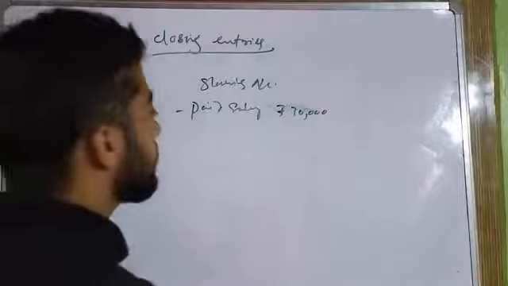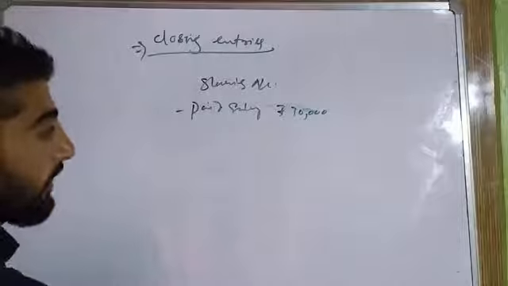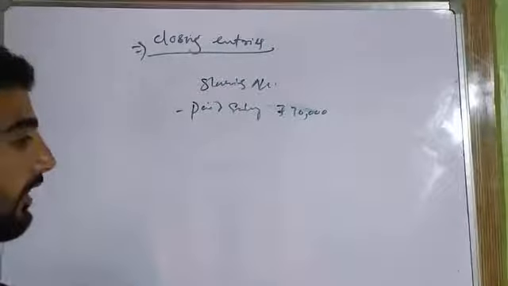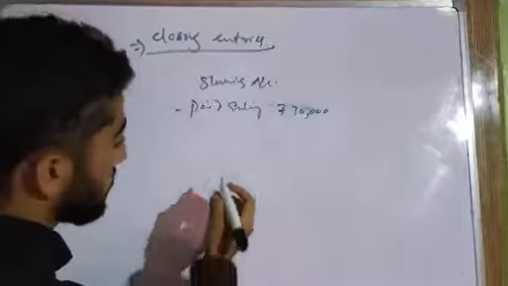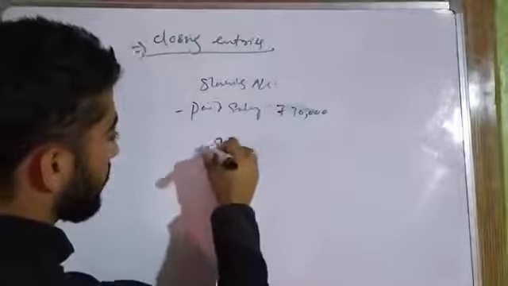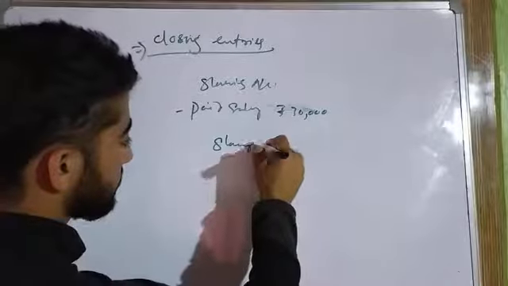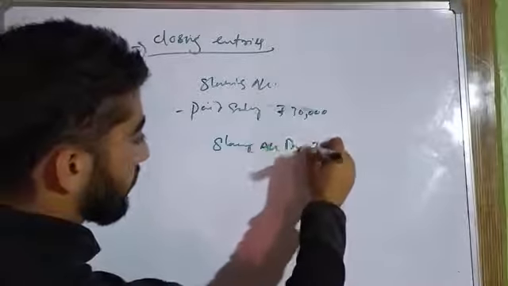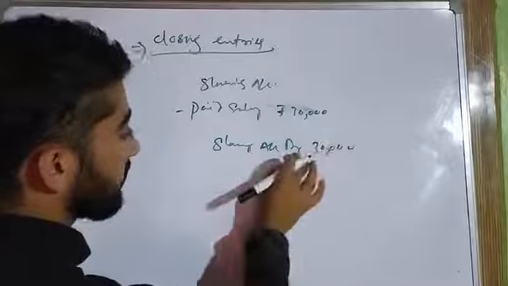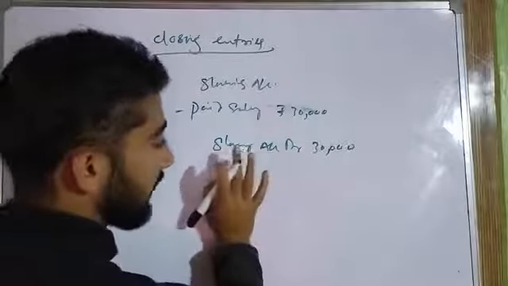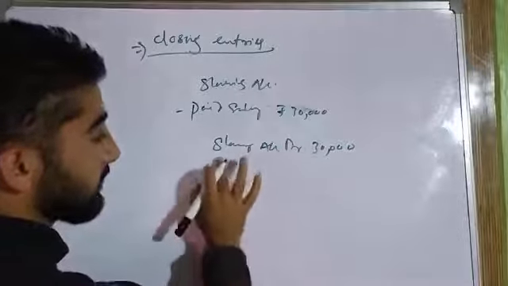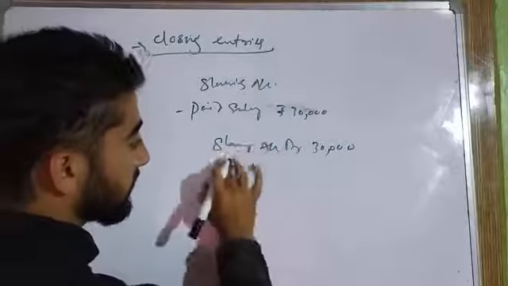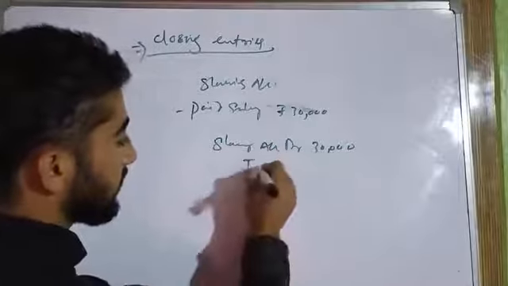what we have done at the time of recording this transaction in the journal? How have we recorded it? We have recorded it as such: salary account debit 30,000, debit all loss and expenses. This is an expense here. Salary paid is an expense, so debit all loss and expenses. Salary account debit 30,000, credit